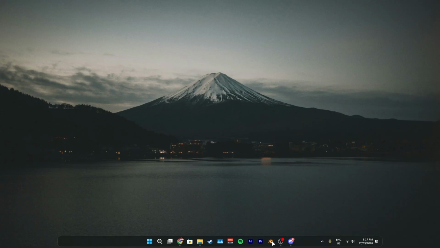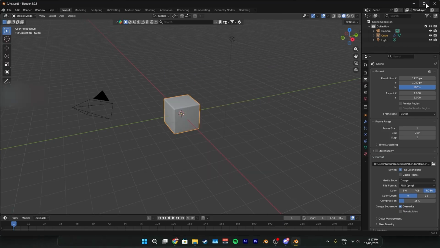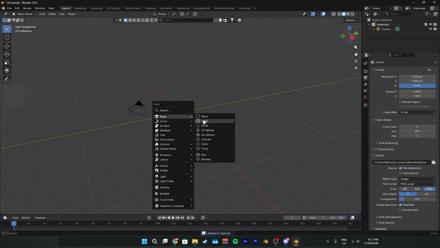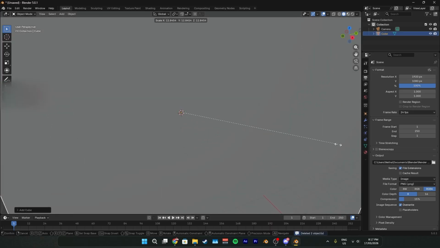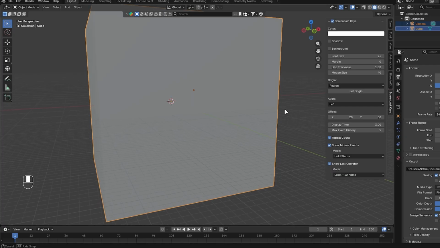Alright, so open up Blender and click General. So here, we're gonna select the cube. Once selected, press X to delete and press Shift A to add a new object and S to scale it up. So as you can see, on the bottom left side, I added screencast keys to show which button I'm